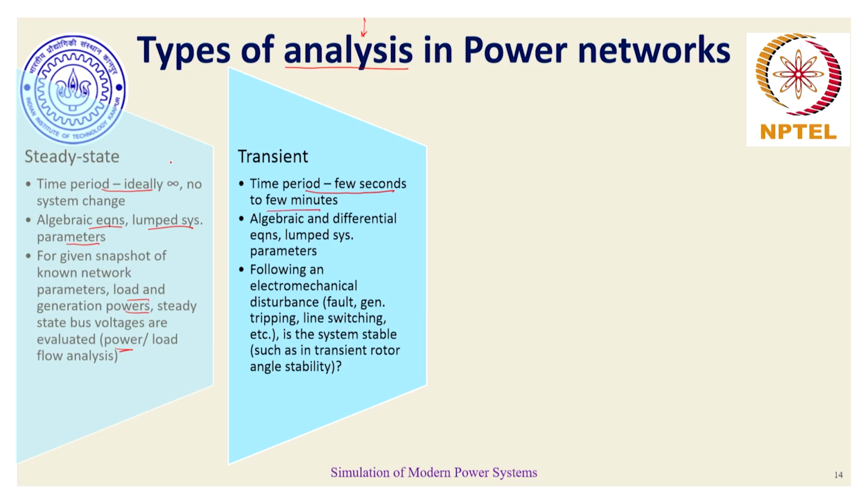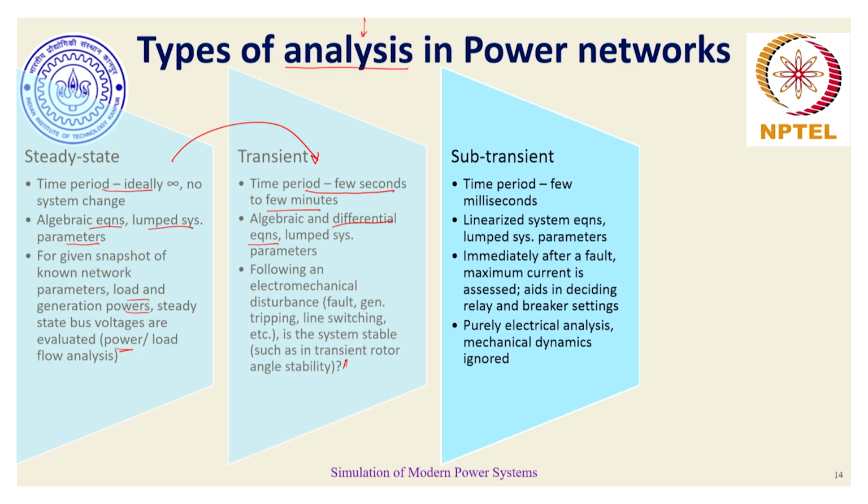We have a significant difference here, and hence our network analysis needs to also cater to this change in the network with respect to time, which is where additional differential equations come in. And the applicability of such analysis comes in transient rotor angle stability analysis, followed by the subtransient period